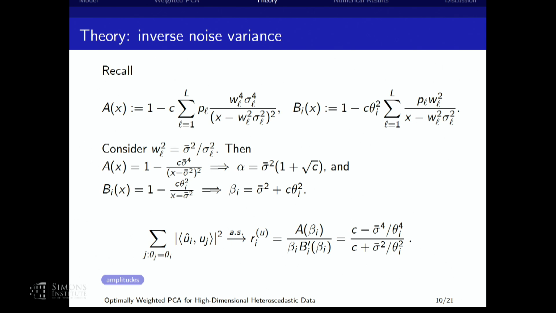And if I plug these in, then when A of beta is positive, which was the phase transition I mentioned, we have just this form right here, which you may recognize from the earlier slide, which is exactly the homoscedastic setting for PCA, where all of them have the average noise variance. So indeed, when you just plug those weights in, you get something that matches previous results.